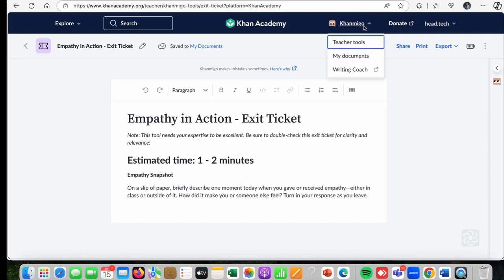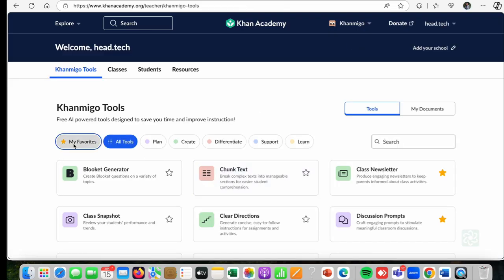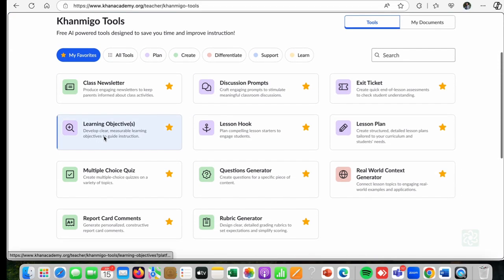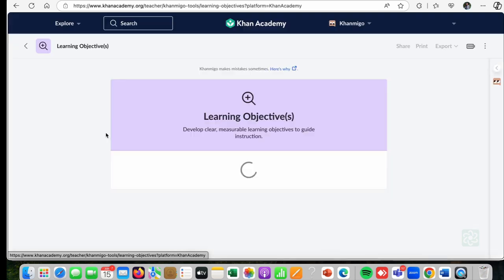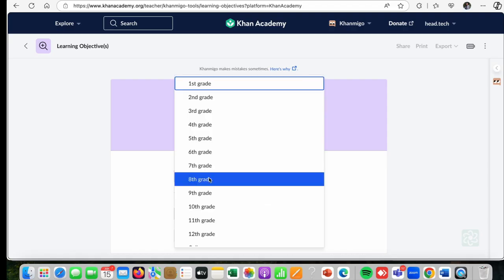Many a times we are doing certain topics for which we want learning objectives. So we can use the learning objectives tool to create learning objectives for a particular topic which we are teaching currently. Whenever you want to have measurable lesson objectives aligned with the curriculum during your lesson planning or for certain intention slides, you can use lesson objectives. Let's go